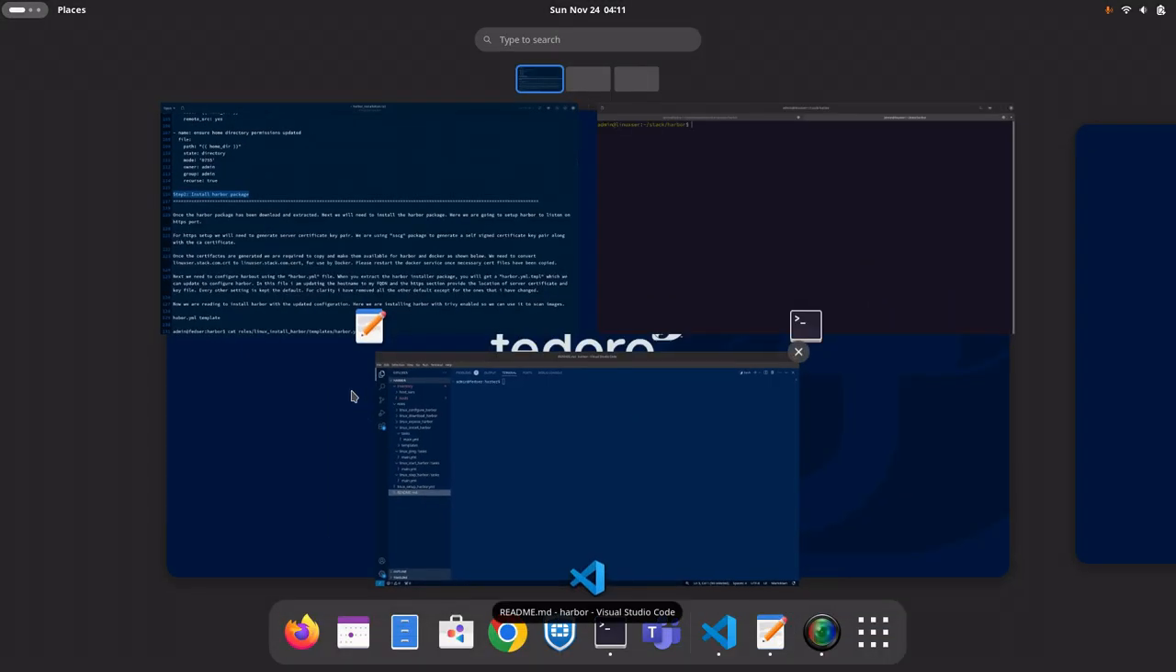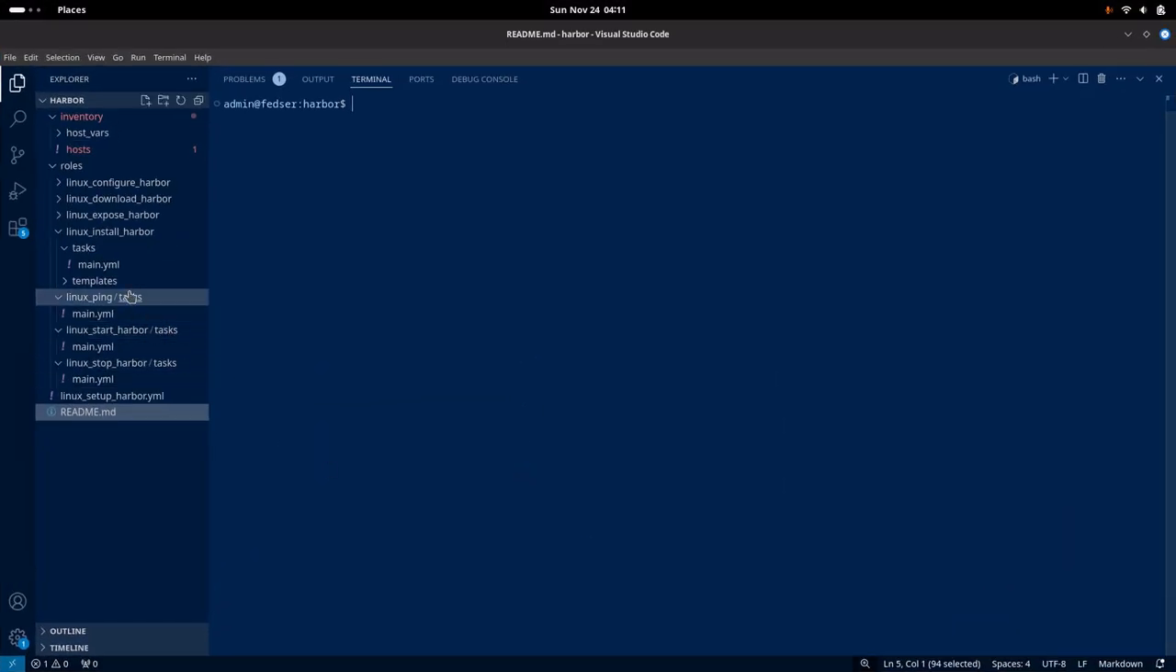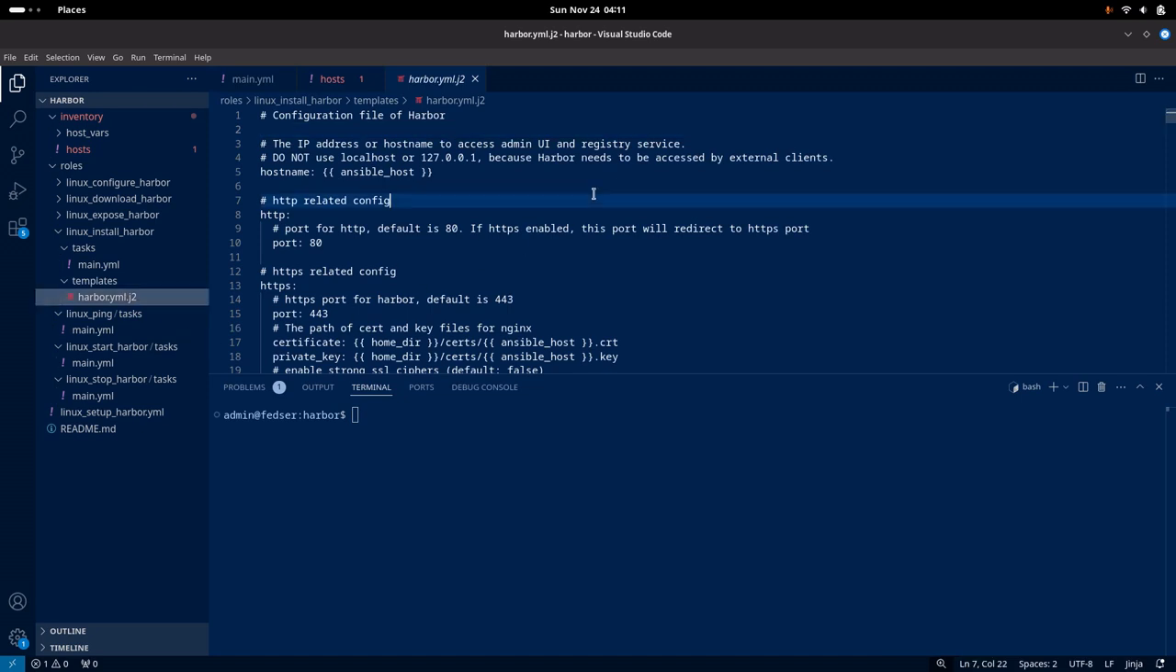For this, we are going to use a different role, that is install Harbor. So as you can see, this is the package role that we are going to use in order to install the Harbor package. Let me first show you the template. So every package, every software that we install has a main configuration file available with it, so that we can configure it as per our requirement. In the same way, we have the harbor.yaml template file, that is a sample file that we can utilize in order to configure the Harbor